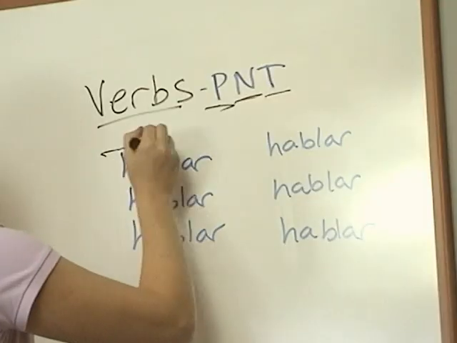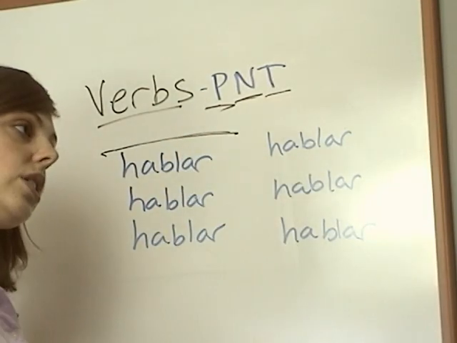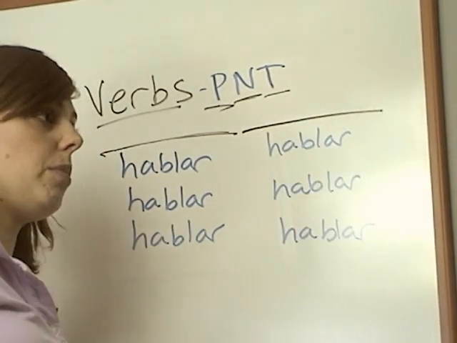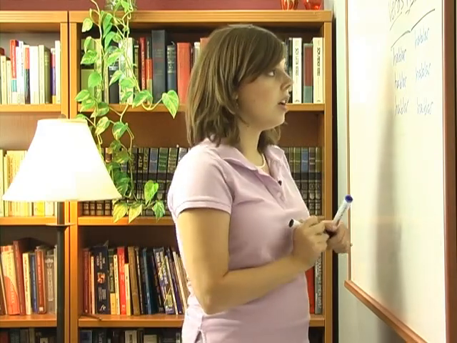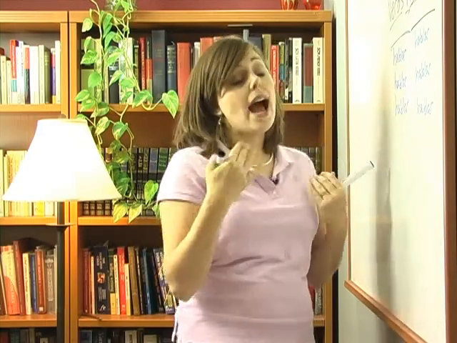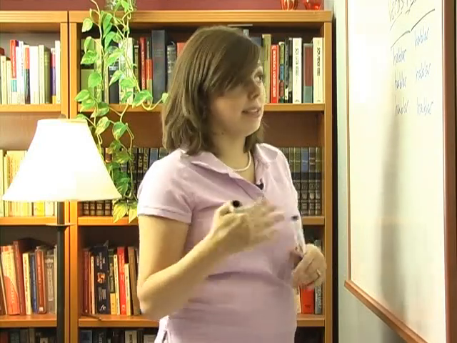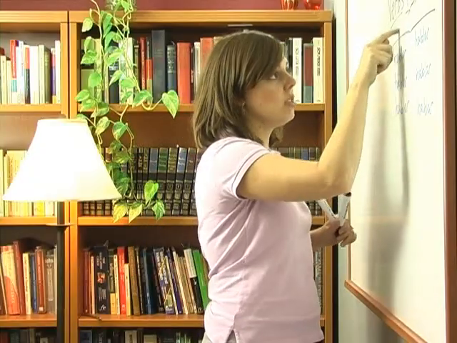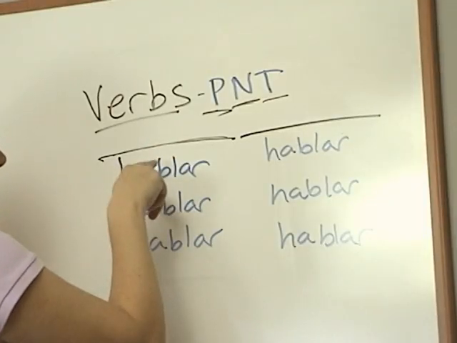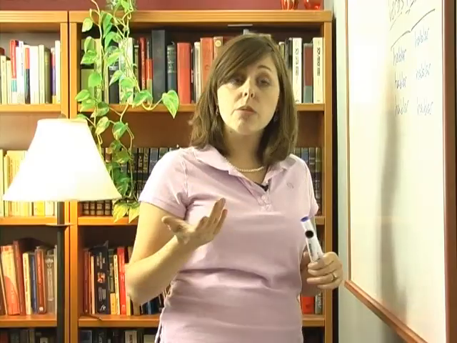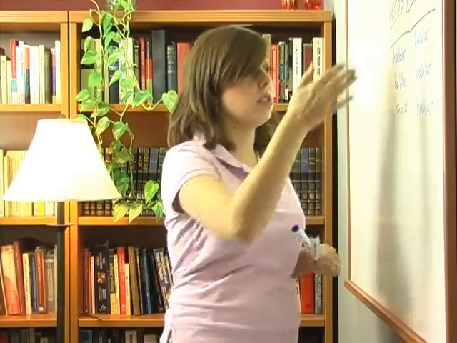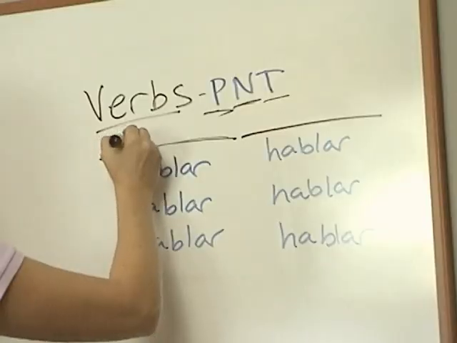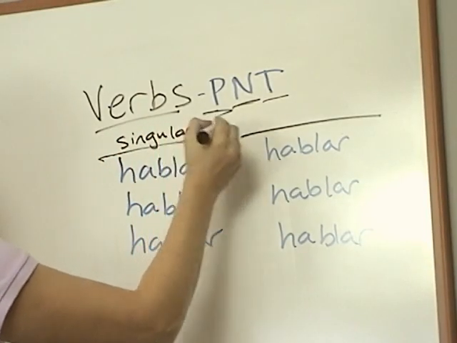All the times it's listed in this column, only one person is doing the action. And all the times that it's listed in this column, more than one person are doing the action. So, if I talk to myself, by myself, that's called singular, single, by myself, just one. So I would use a form of the verb that's over in this column. But if you and I are talking together and we're both talking, well, that makes more than one, so we're over in this column. So, this is singular, and this is plural,